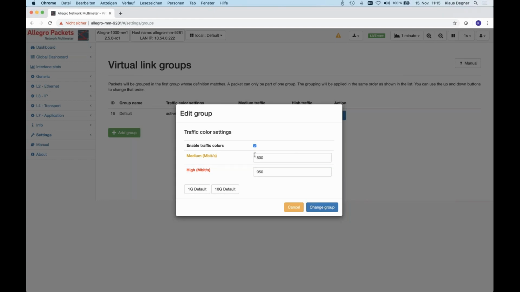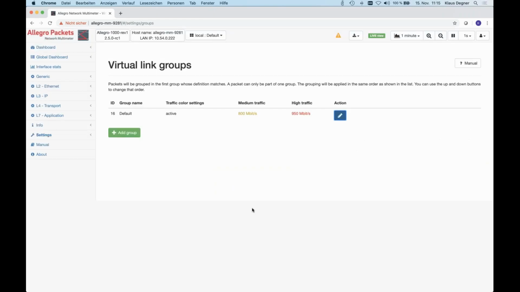The default settings with release 2.5 is for gigabit links. If you're in a 10 gig only environment with client and servers, of course, you can then also use the 10 gig default. But if you're, for example, having a 100 megabit uplink, you can set it to different values. So that was also, we think, a very good customer request, which we integrated.